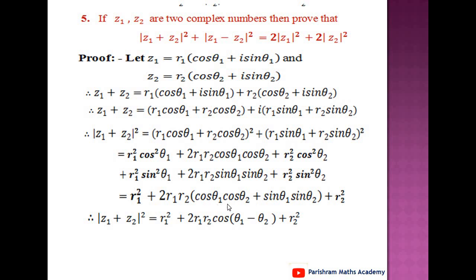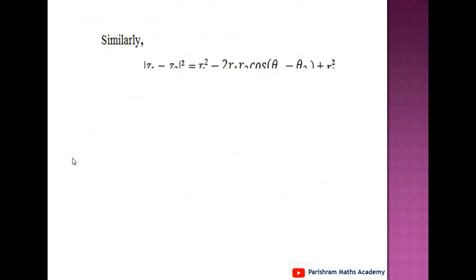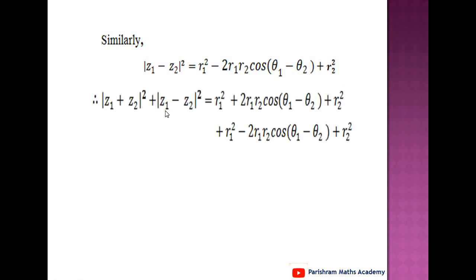The value of this bracket term, cos theta 1 into cos theta 2 plus sin theta 1 into sin theta 2, is the same as cos of theta 1 minus theta 2, plus r2 square. This value is mod of z1 plus z2 square. Similarly, we can find the value of mod of z1 minus z2 square. This mod of z1 minus z2 square is the same as r1 square minus 2 times r1 r2 cos of theta 1 minus theta 2 plus r2 square, and therefore mod of z1 plus z2 square plus mod of z1 minus